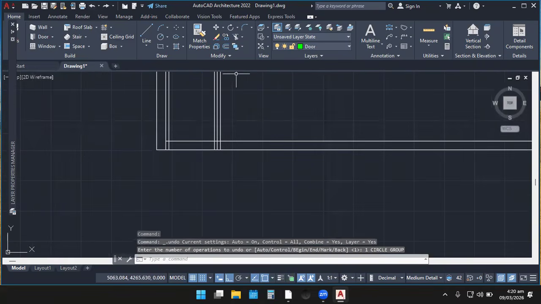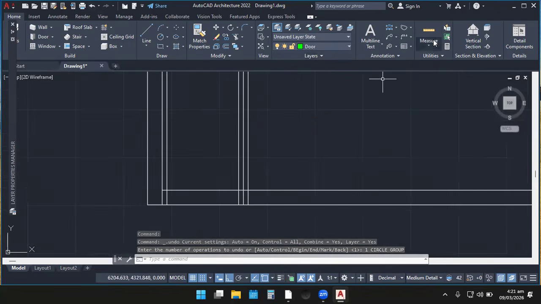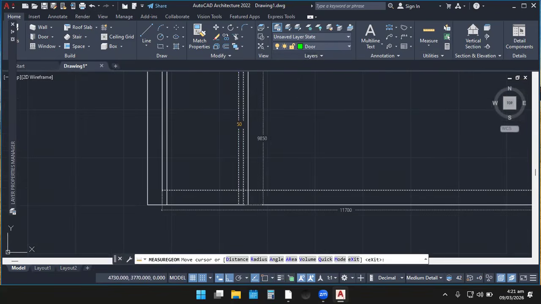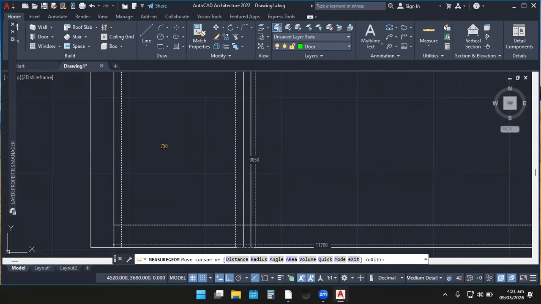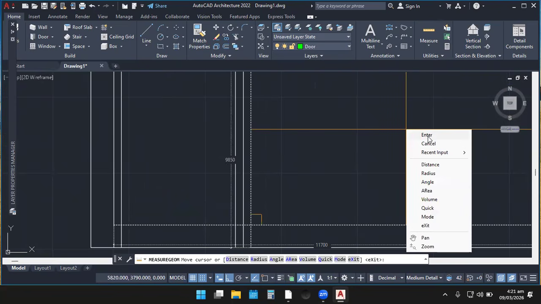Have a look at something. I'm just going to take my tape measure now. You see the thickness of the wood I told you, 50, 50. Inside here is what? 750, right? So I can release the tape measure. I right click, then I bring my pointer to enter, then I left click. It's gone.